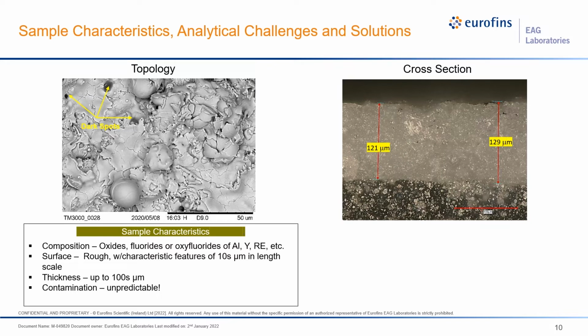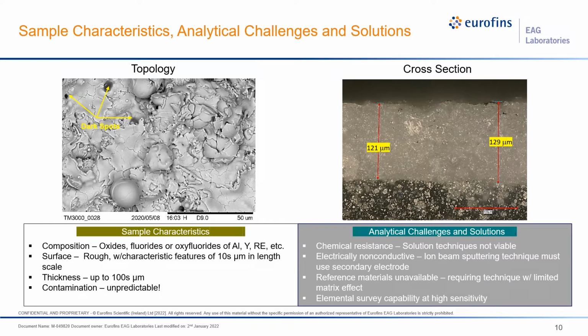So as such, you can see there is quite a bit of analytical challenge, and how do we address that? Because it's plasma resistant, that generally also means chemical resistance. So solution techniques are generally not very viable, and because it's a ceramic, it is generally not electrically conductive. So if we are going to use ion beam sputtering, then we need to use a secondary electrode to assist the sputtering process. And because those materials are generally advanced and new, reference materials are not easily available,